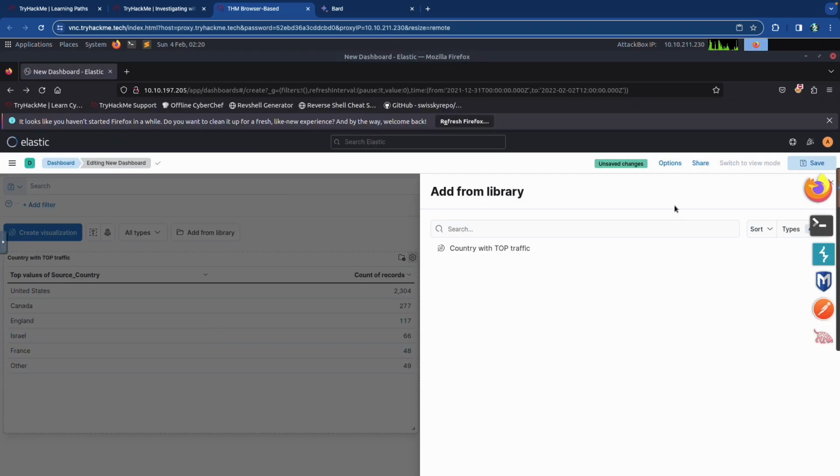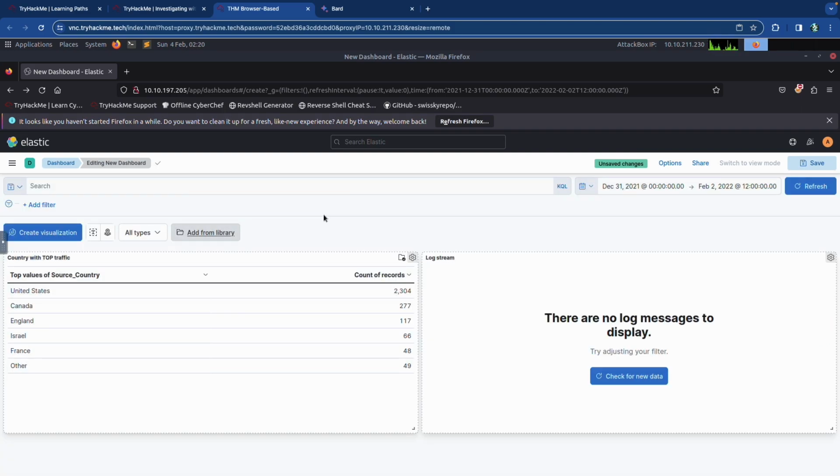Oops, I accidentally shrunk it down. I guess we would have to manually create our visualizations and all the different things that we want, but this is kind of where you can go to do it. If I would have saved the other visualizations that we had, we would have been able to also import them over here, but I didn't, and I kept canceling out and not saving. So that's, I guess, kind of the issue with that.